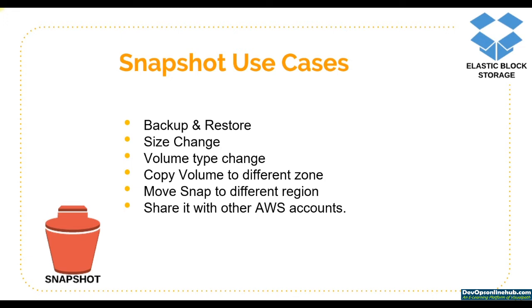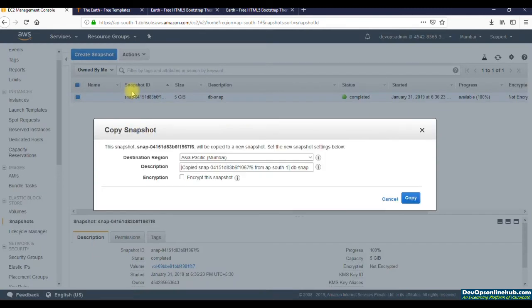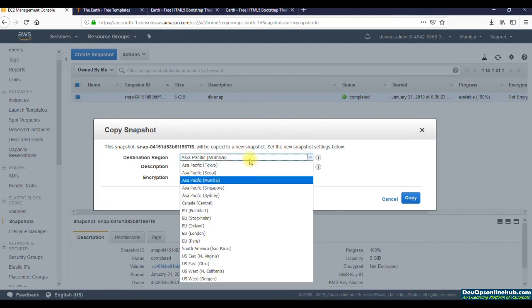Now with a snapshot you can move the snapshot to a different region also. There is an option for that, we'll see that. Or if you want to share your snapshot with different AWS accounts, you can do that as well. So let's check that in the snapshot section. Select your snapshot, Actions, and you see an option here, Copy. So if you want, you can copy your snapshot from the existing region, which is Mumbai now, to some other